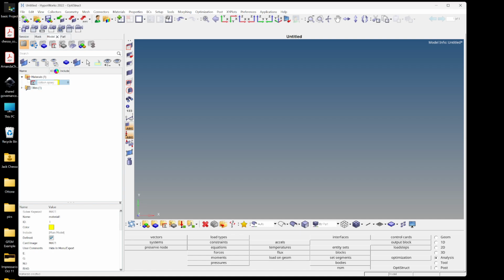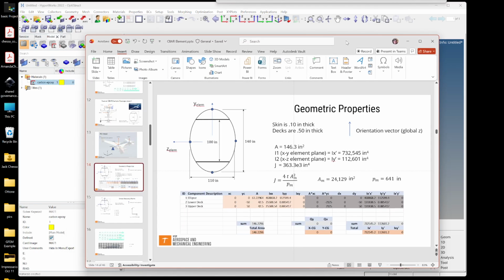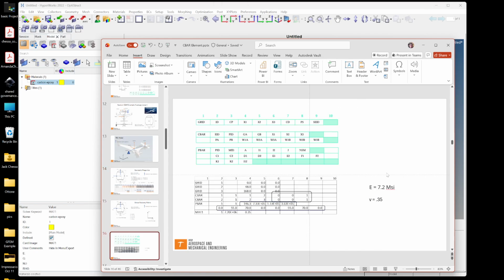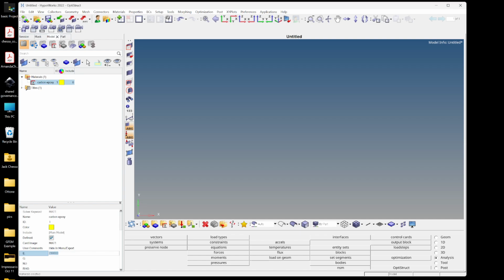This is not a detailed analysis, so I'm not doing full laminate theory on here, but suffice to say, we can consider a layup such that it's isotropic in the plane, and so we'll use Young's modulus of 7.2 million psi and a Poisson's ratio of 0.35. So for E, it's going to be 7.2 e to the 6th, and for nu, we're going to use 0.35,